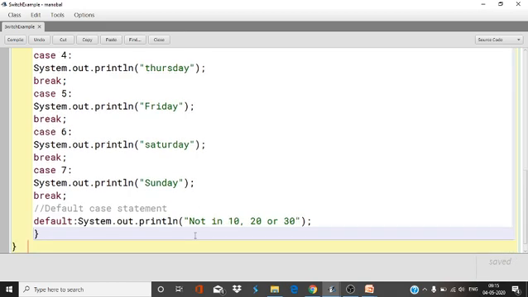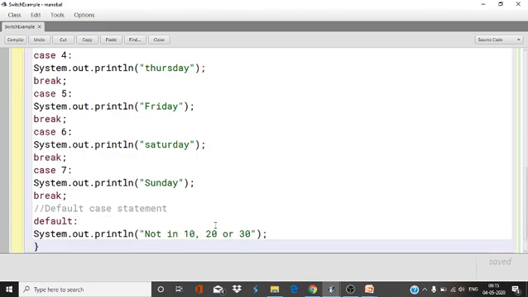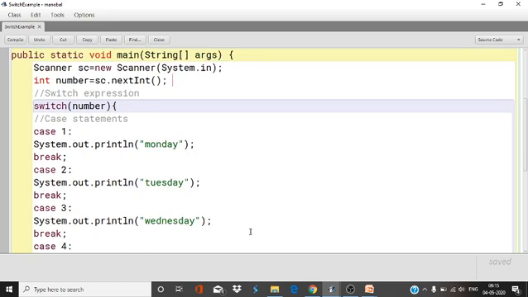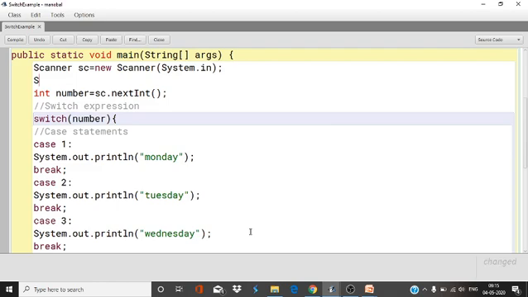Otherwise, wrong, because I told the user to enter only a number between 1 and 7.